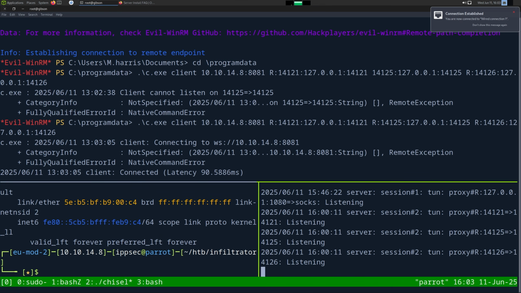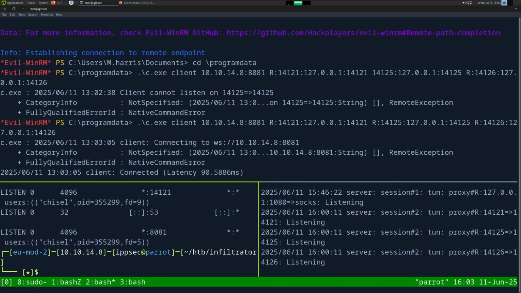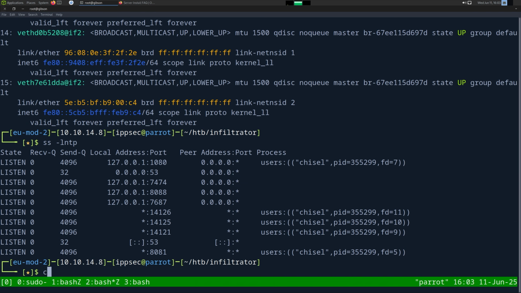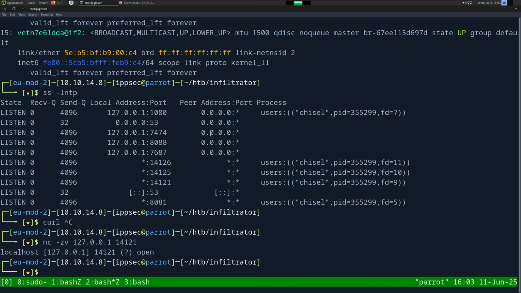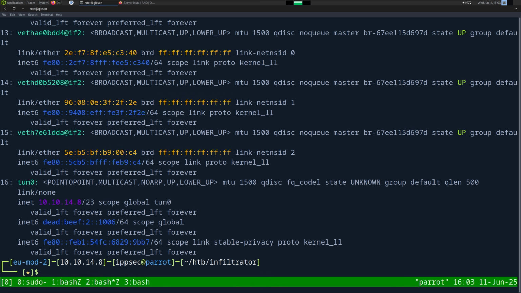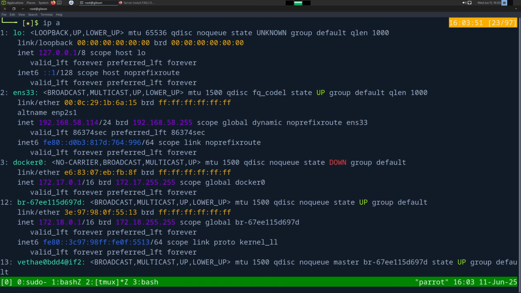Does my chisel tunnel automatically keep working? HTTP, 8081, curl. I think it may have. 127.0.0.1, 14121. Set is open. Let's do IPA. There we go. This is the IP I want. So we can copy this and go back to my Windows machine,